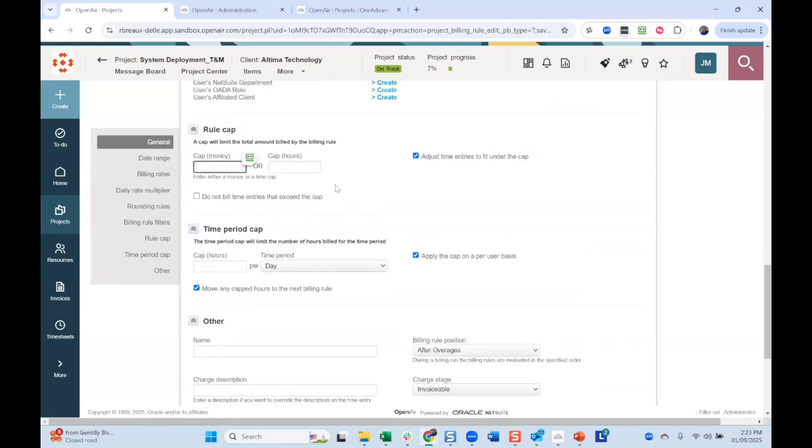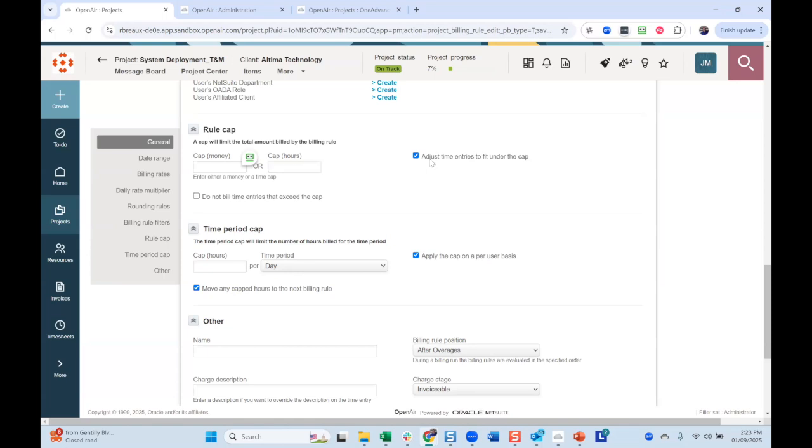Rule caps, this is also very common. You may have a contract, T&M not to exceed. We see this especially when we're working with NetSuite sales orders, we can't bill over the sales order value for hours or dollars. So we can then use these overall caps and then we can also have a secondary billing rule if we want to process the over the cap hours, and so that we know we need to go get a change order and then process those, or we can hold off on anything over the cap by selecting